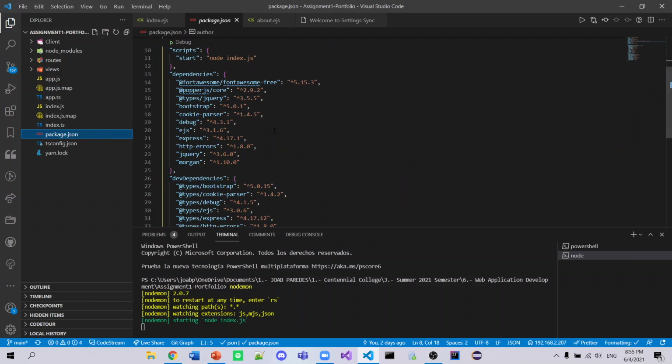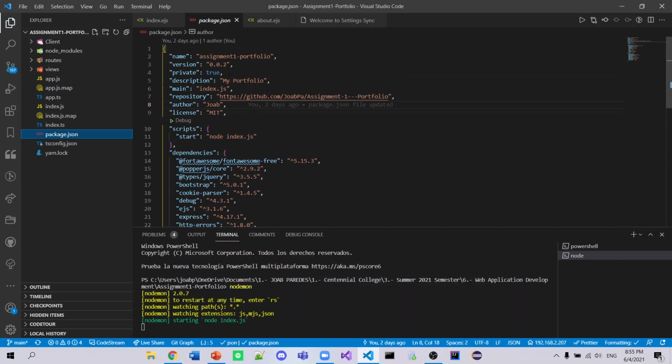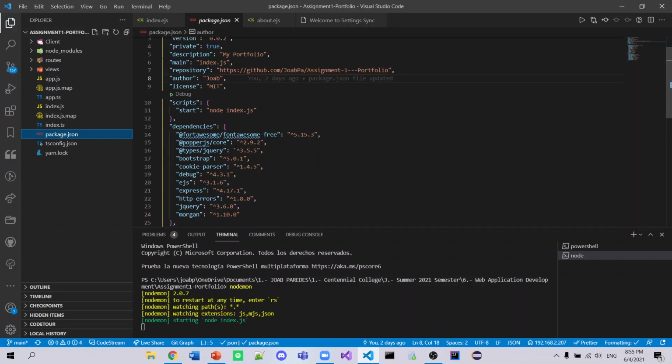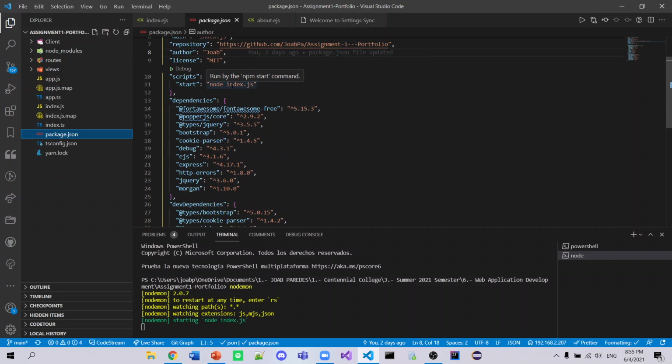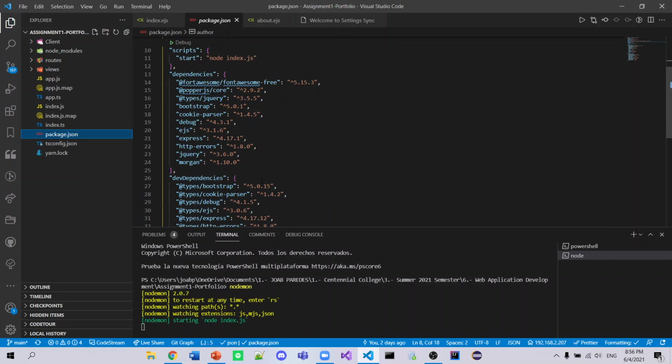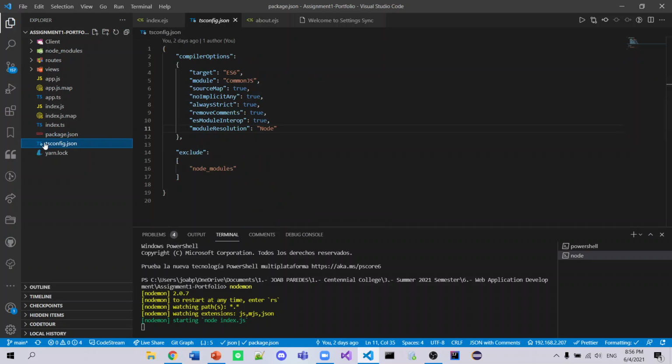Into my package.json, I have the description of my web page. It's gonna start in node index.js when I'm gonna run nodemon. Actually, I'm running nodemon, and it says it's starting on node index.js. And the dependencies and dev dependencies. And finally,